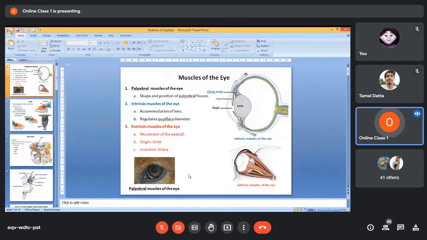Okay, let us assume like your elbow joint. You can flex your elbow joint. That means the angle of the elbow joint can be narrowed down, or you can extend your elbow joint. Elbow joint is the joint between the humerus and radius and ulna. That means there will be some muscles which will have attachment on the lower part of the humerus and another attachment on the upper part of the radius and ulna. When this muscle contracts, then what happens? The radius and ulna is pulled towards the humerus.